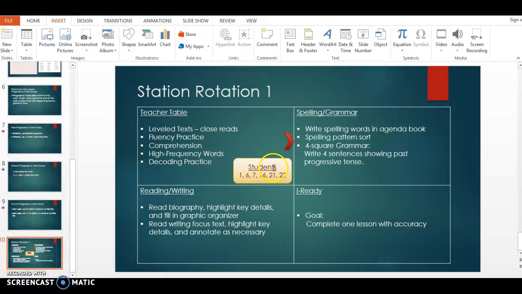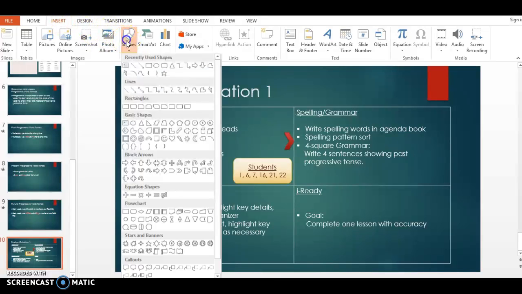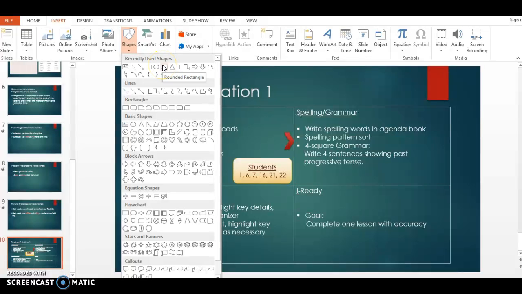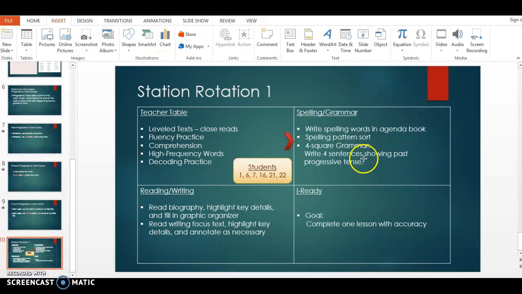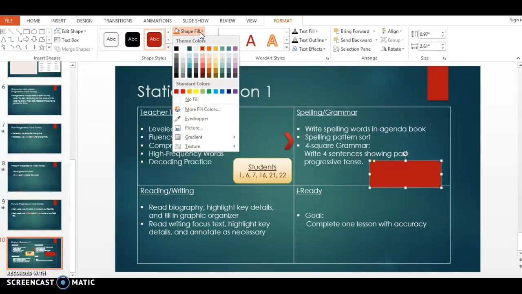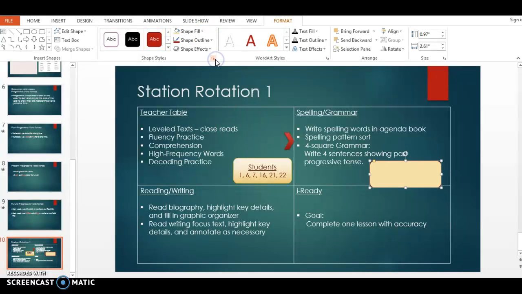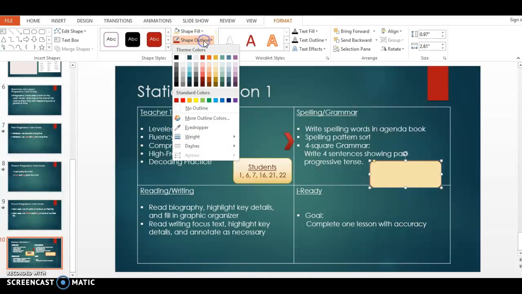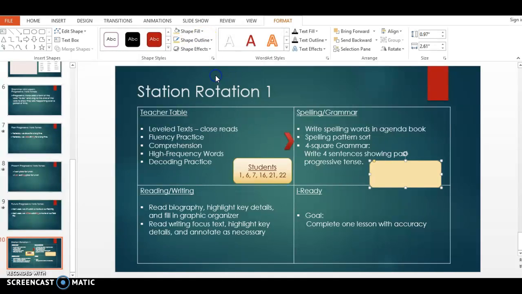it's very simple to create that table. I'm going to show you how to add in this type of box for your students. So all I'm going to do is come up here to Insert. I want to go to Shapes, and I'm choosing, for my purposes, a rounded rectangle. That's just something I like. And then I always click on the upper left of what I want to create, and then I just drag it down to be the size that I want, something like that. Now, I don't like it to be so dark, so I like to choose a different